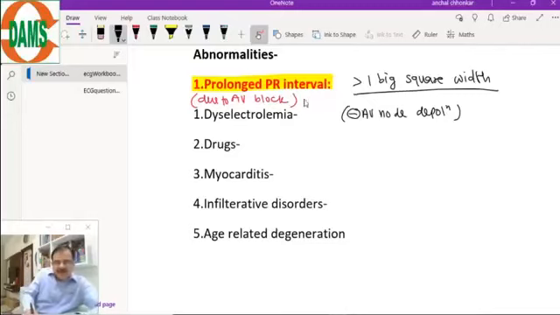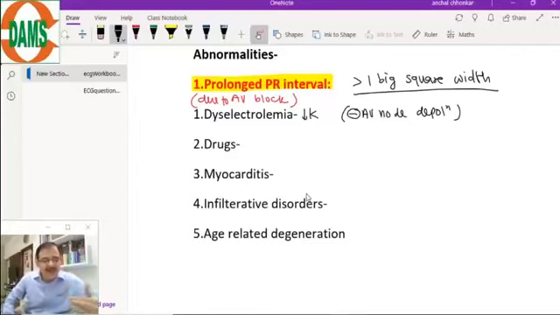Yes, very nice. It will be the low potassium. It inhibits the AV node depolarization, and you will be surprised to know that even high potassium does the same thing. So both hyperkalemia and hypokalemia have similar effect. They cause PR interval prolongation, and this we will discuss in the electrolyte imbalance, how they affect the ECG. Low potassium and high potassium. Sodium deficiency does not affect the ECG usually.